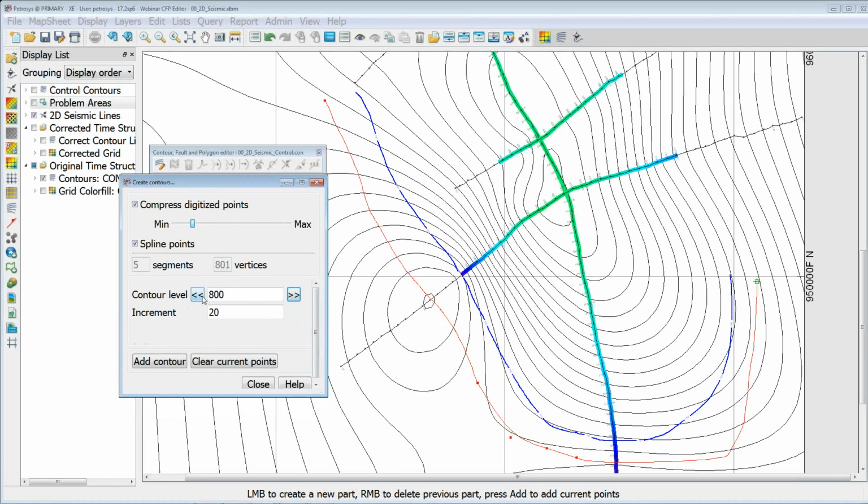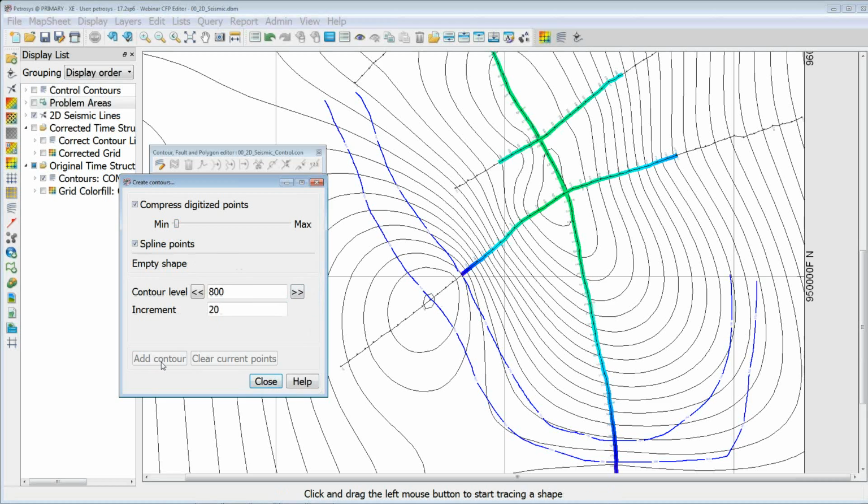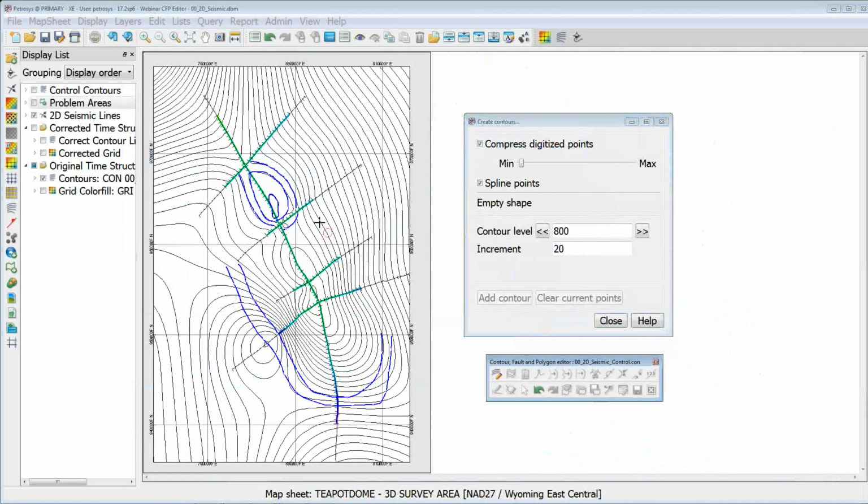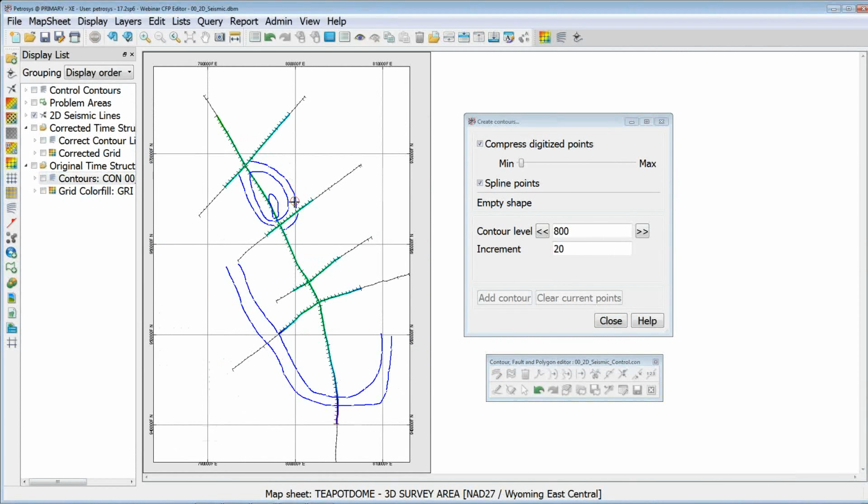Alright, so I think those two contours are going to work pretty well. Click Add Contour. So now I've got my 800, my 780, got a couple guiding contours. Let me move these out of the way so you can kind of see what I've got here. Hide my originals. So these I'm actually going to use. So now I can use these contours as extra input to my gridding view